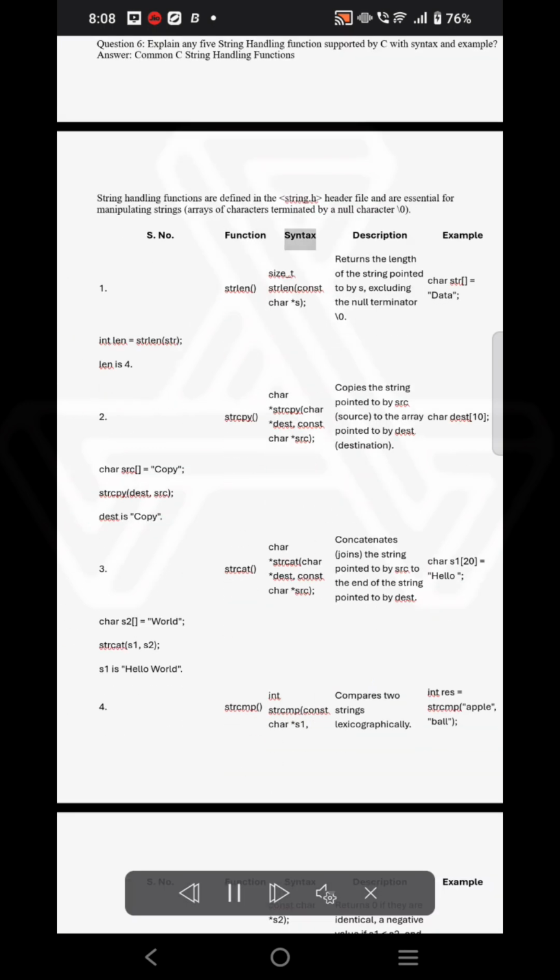Function, syntax, description, example. 1. strlen: size_t strlen(const char *s). Returns the length of the string pointed to by s, excluding the null terminator \0. Example: char str[] = "data";